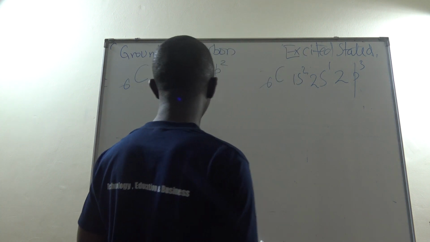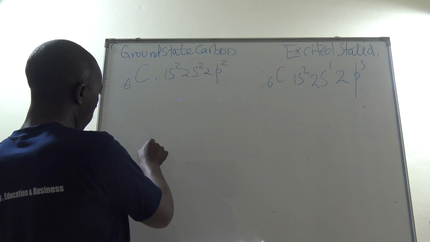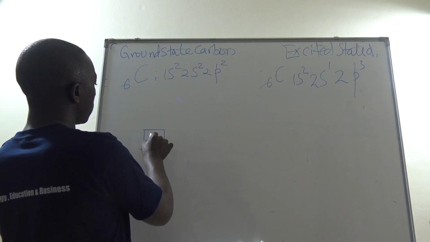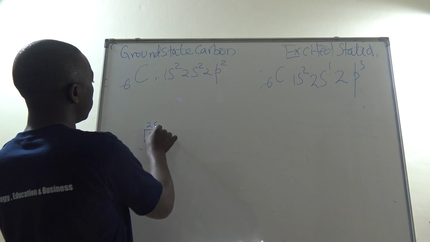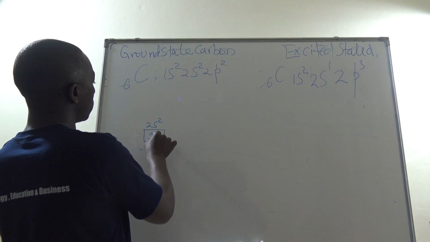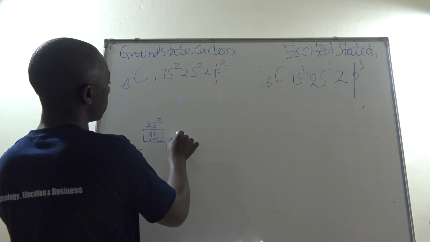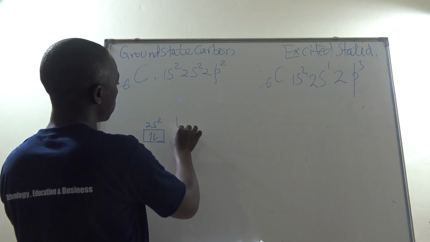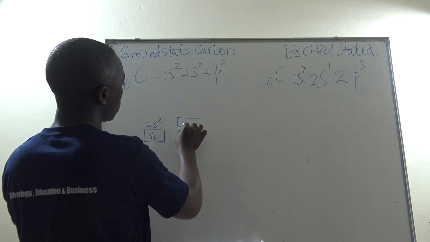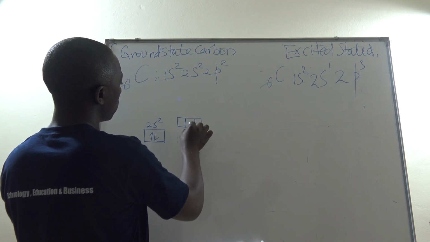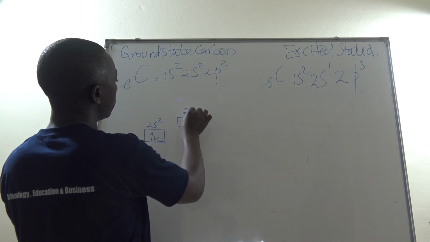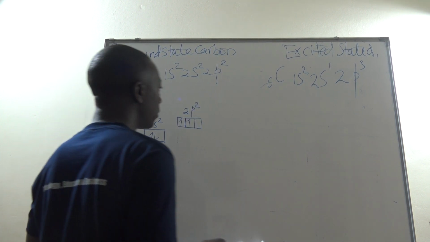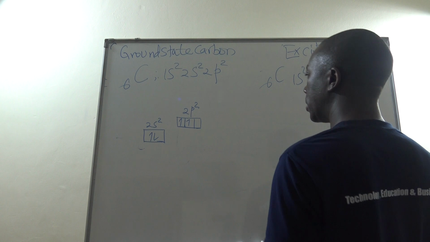In other words, when we draw our orbitals here, this is 2s2, this is the 2p2. Now, once carbon has acquired